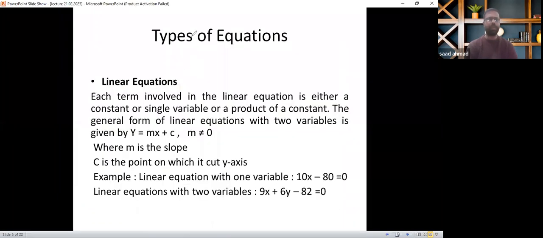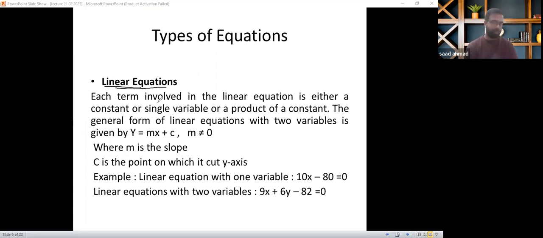Okay, now let's see some different types of equations that we normally see. There are many different types, but we'll just cover some common types of equations. The first one is the linear equations that we did, I think, last week as well, or linear inequalities before